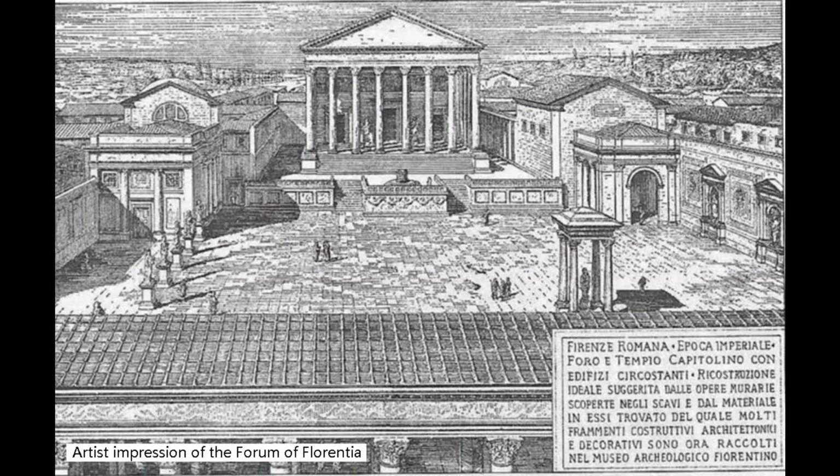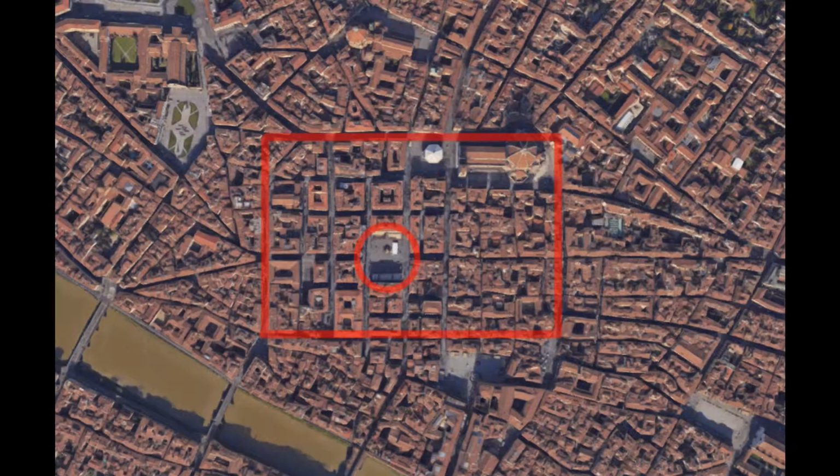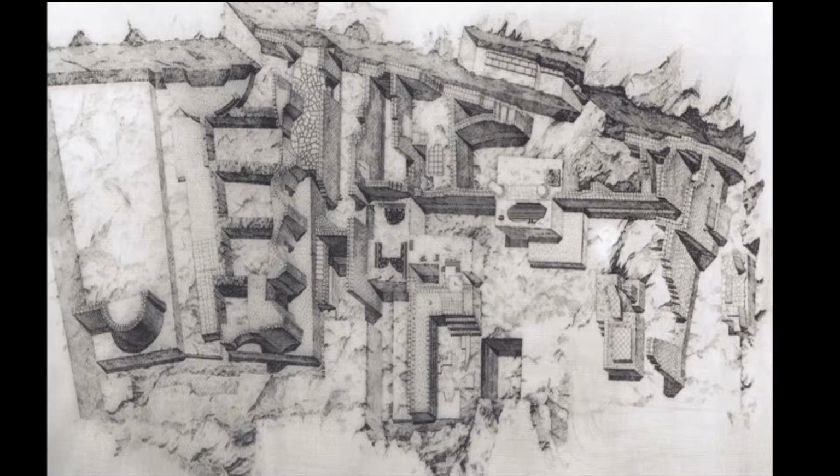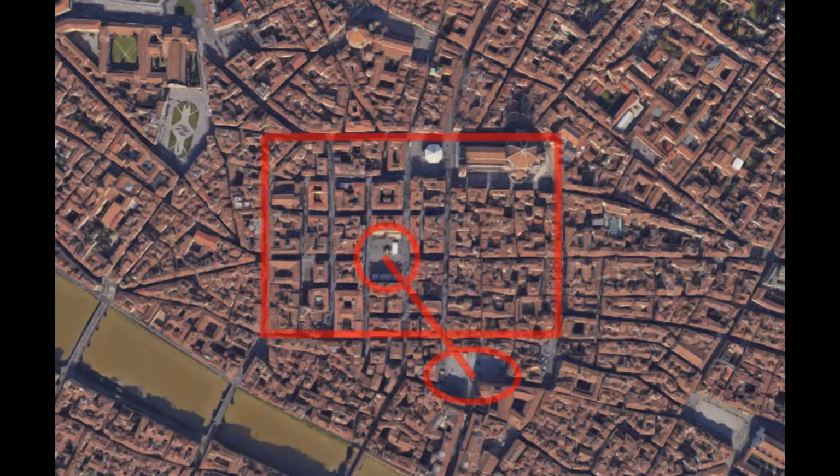Like all the other Roman settlements, the civic center of the city was the Forum, at the cross-point of the Cardo and the Decumanus. Florentia's Forum was located in the current Piazza della Repubblica, which is one of the most modern piazzas in the city center. It used to have temples to Mars, Jupiter, Juno, and Minerva, and it was also a place for citizens to meet and make decisions. It's undoubtedly the heart of the city, but in the Middle Ages and the Renaissance, the